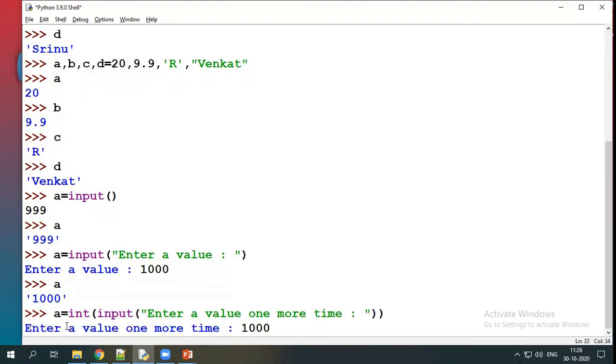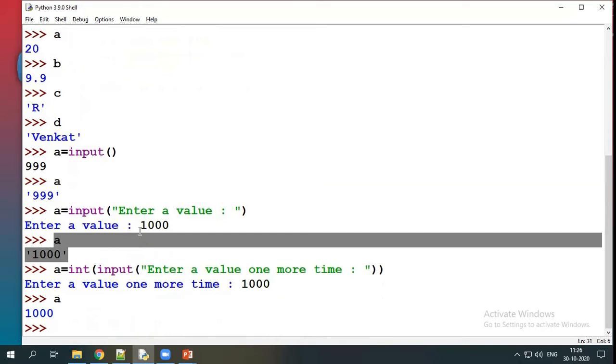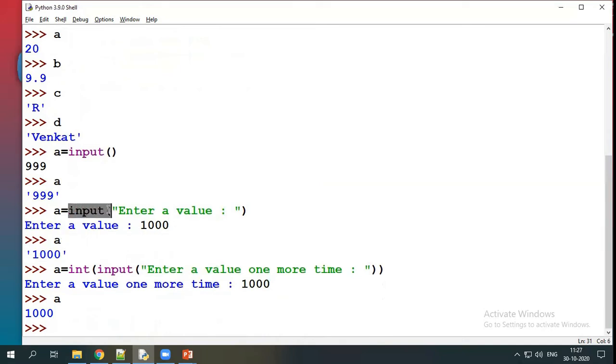Now I am giving 1000 again. Now if I print a, see, earlier I gave 1000 and it read as a string, because the input function directly reads as a string. This time also the input function reads a string. After reading, I'm typecasting to integer, that's why if I print a value, it is an integer value. That is the use of the input function.